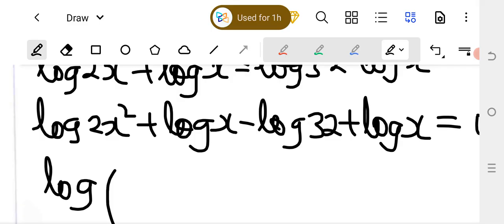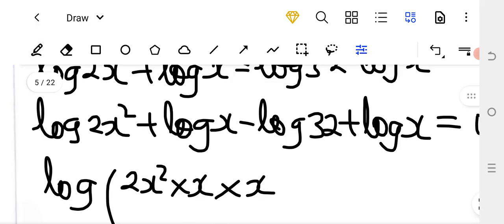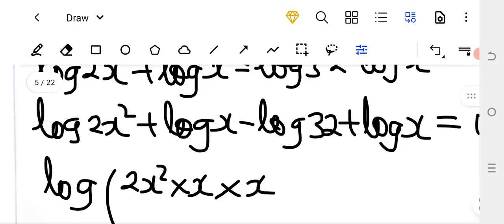So you're going to have 2x squared multiplied by x, then multiplied by another x. Then wherever I can see a minus sign on the logarithm, we're going to divide by the number after the log. So we're going to divide by 32